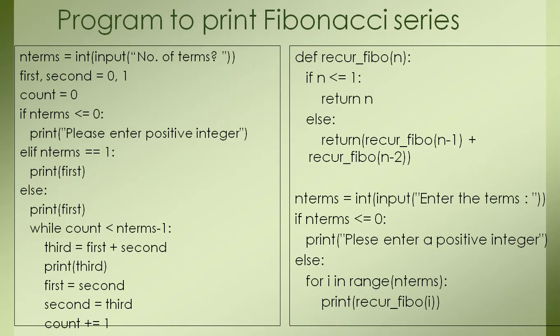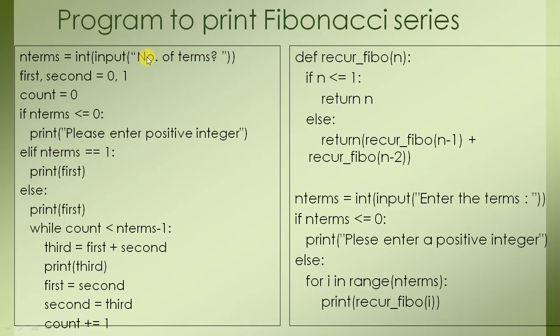Now we move to the Fibonacci series problem. You have done the problem of Fibonacci series in class 11th using iteration. So in Fibonacci series, what is the rule? The third term is equal to the addition of the first two terms. So here you can see the recursive case. The third term is equal to the sum of previous two terms, n minus 1 and n minus 2. So the term n is equal to the sum of previous terms, meaning the n minus 1 term and the n minus 2 term.